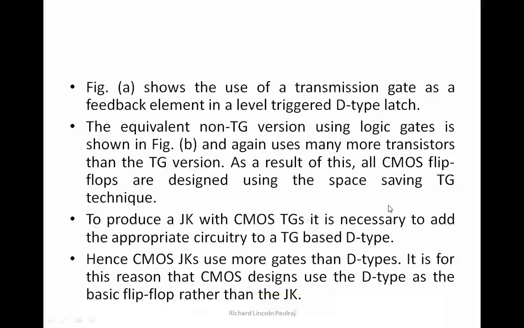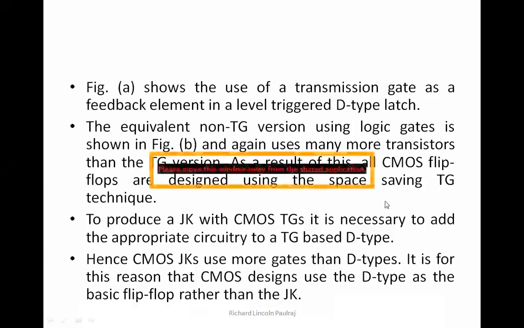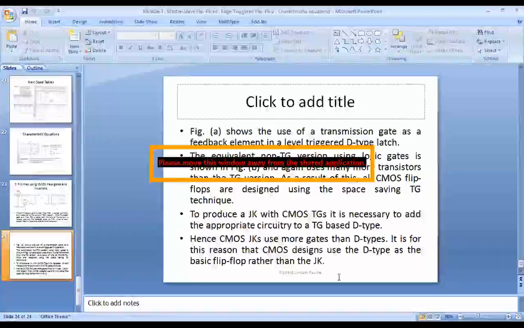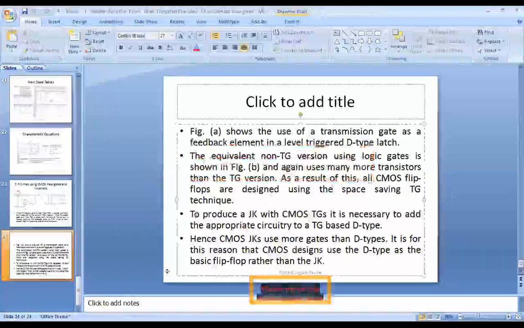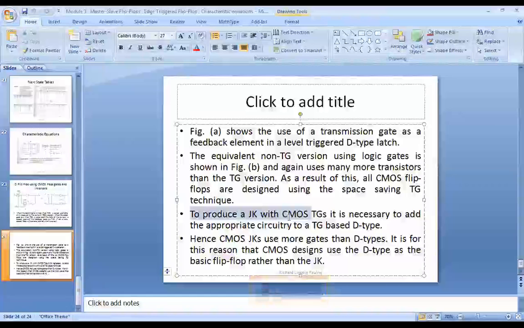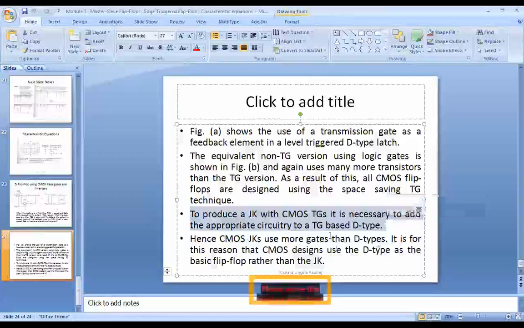So as I was mentioning, the transmission gate that we have is not just the final version. But we can also develop it using various other techniques. To produce a JK with CMOS transmission gate, it is necessary to add appropriate circuitry to a transmission gate based D type. So ultimately, any type of latch or flip flops can be developed with the help of